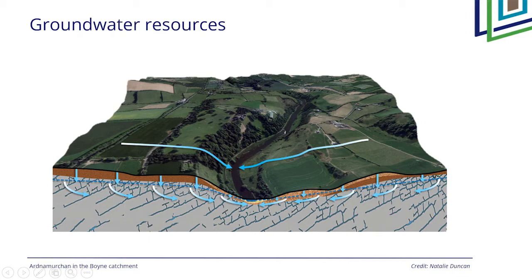So groundwater is important. It supplies drinking water, it supplies industry, it supplies agriculture, and it also supports our river flows and our lakes. You can see the arrows under the surface show the groundwater flow. So it's flowing through the network of cracks in the rocks and flowing into the rivers. Particularly in the summertime where there's not much rainfall, it's groundwater that's supporting the rivers and the ecosystems